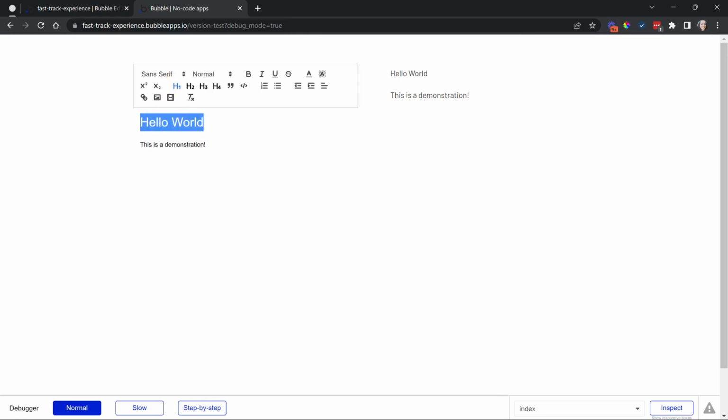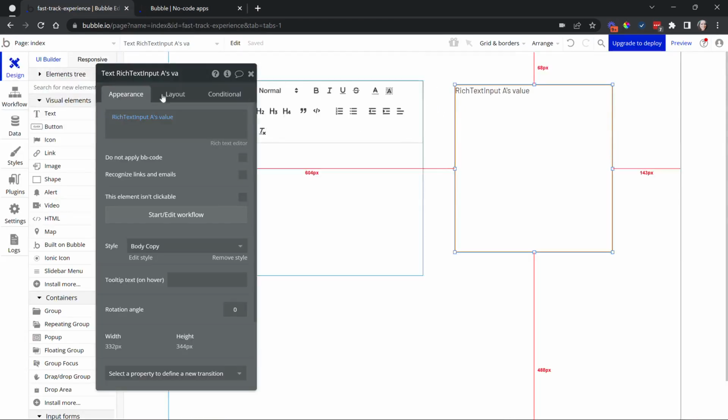Let's make this a heading 1. So it's much larger and it's going to reflect over here once I just click outside of the input. We can make this bold, we can change the color to this green, and it's just going to reflect over here. So this content you can save to your database, and Bubble will output it the exact same way as is. So that's just the rich text input's value. Very, very cool